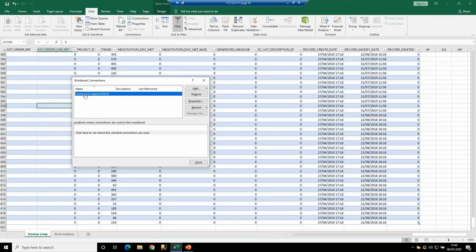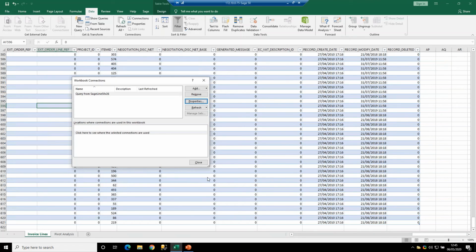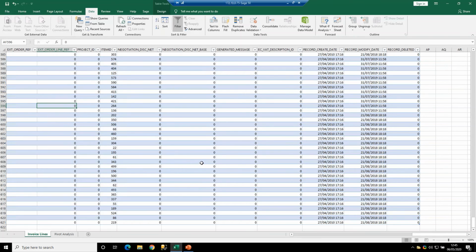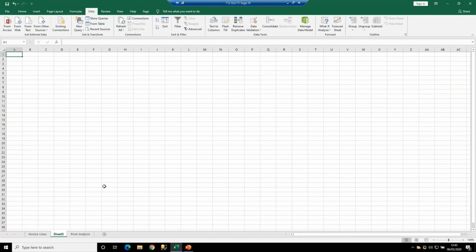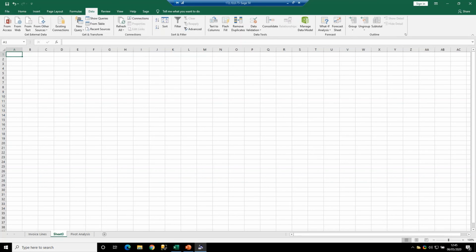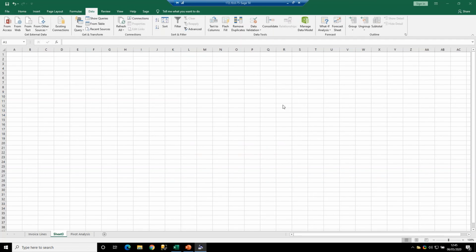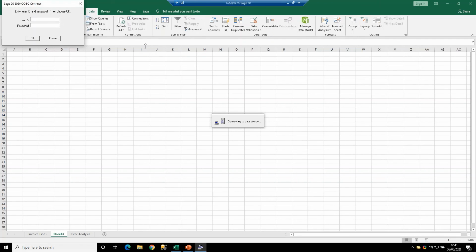And there's my workbook connection. Now, properties, all I'm seeing here is the properties within this workbook. So what you need to do when you're setting the connection up for the very first time, if you want to reuse it, I think that's what the question was about, is do this. So new workbook, go into from other sources, go to from Microsoft Query, pick your data source, click on OK, put your credentials in,